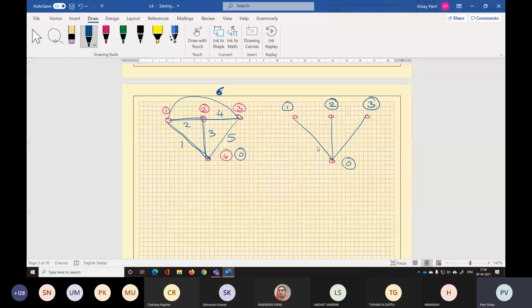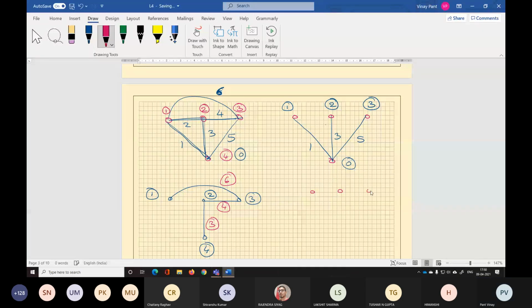So we have a tree made of 1, 3, and 5. Okay, let me draw another tree. I can draw a tree like this. This is 1. This is 2. This is 3. This is 4. What are the elements connected in this tree? Number 6, number 4, number 3. 3, 4, 6 हो गया ना?